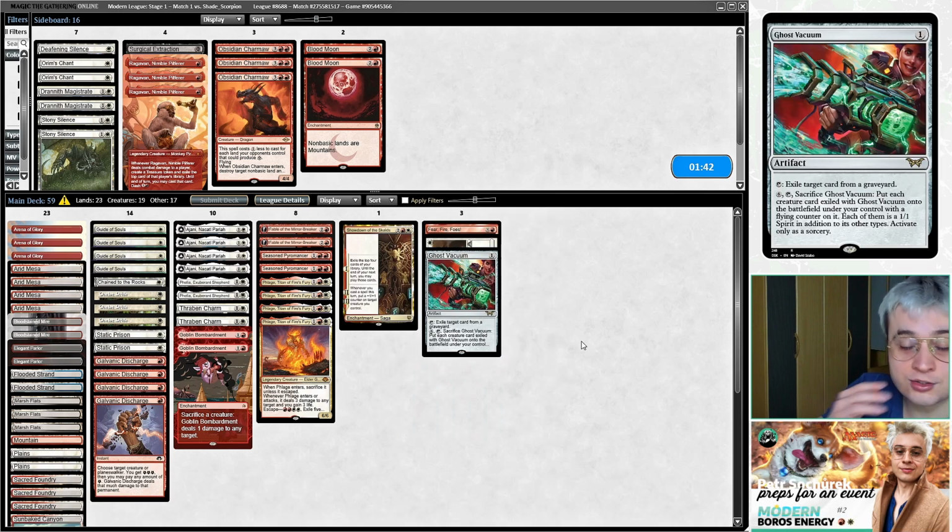It can work against the 2-mana artifact as well, though they can kind of play around it by just exiling something end of turn. You know, you use the Ghost Vacuum and then they can do it again on their turn. But it helps against that at least a little bit, and it also helps against Young Wolf. I have to keep in...